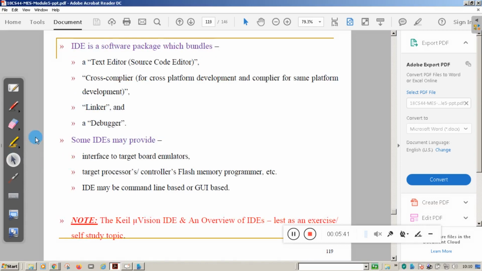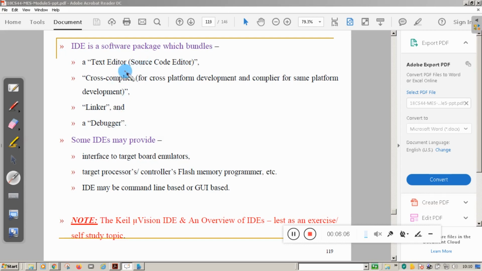So what does IDE software consist of exactly? IDE software consists of a text editor, cross compiler, linker, and debugger.